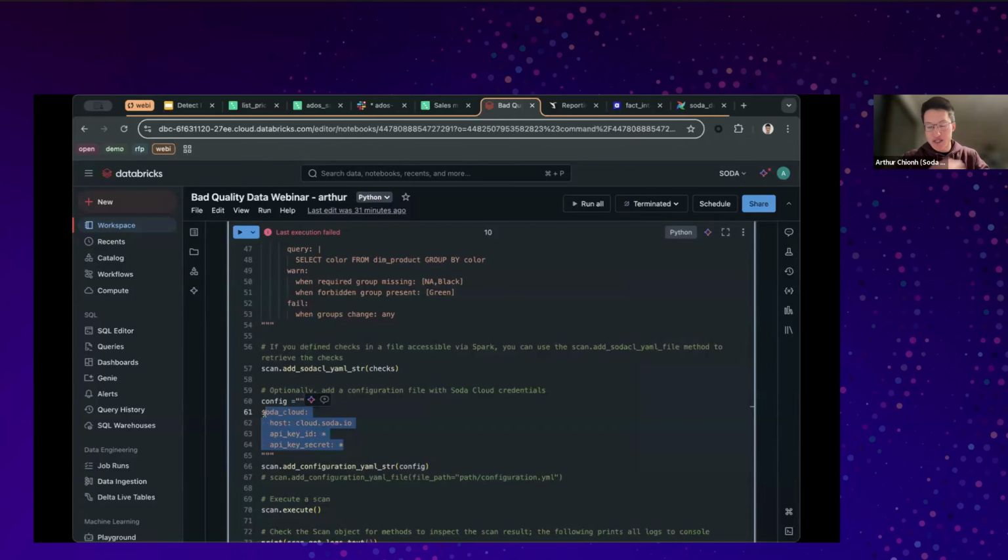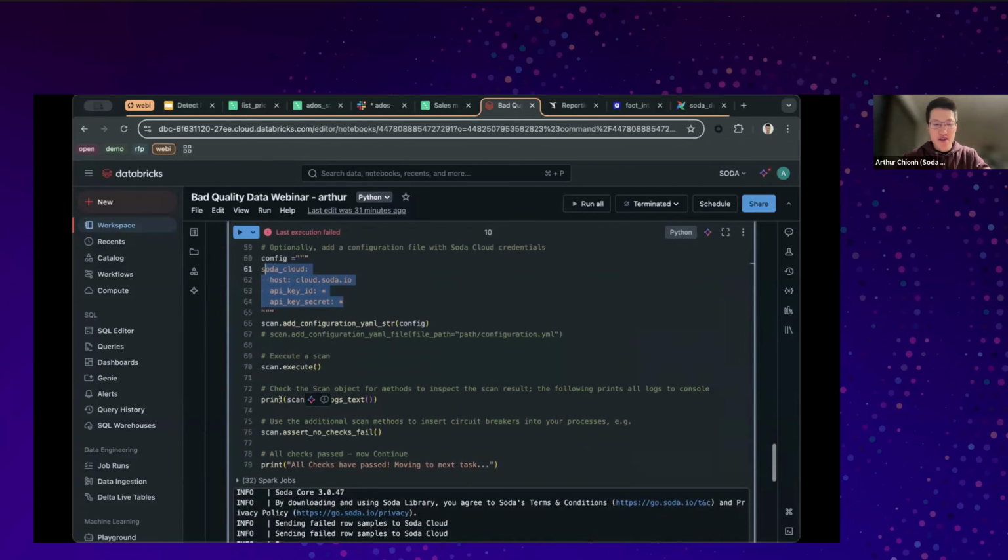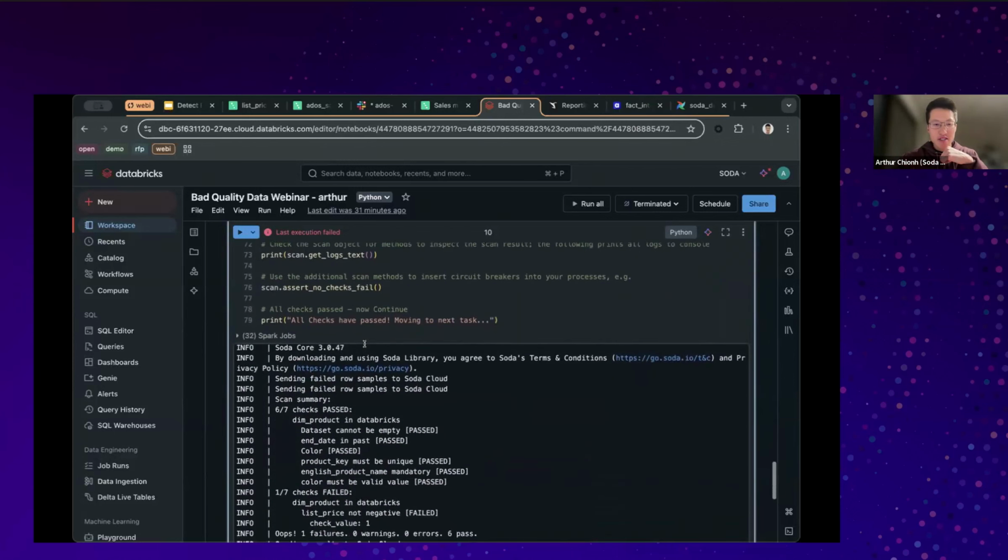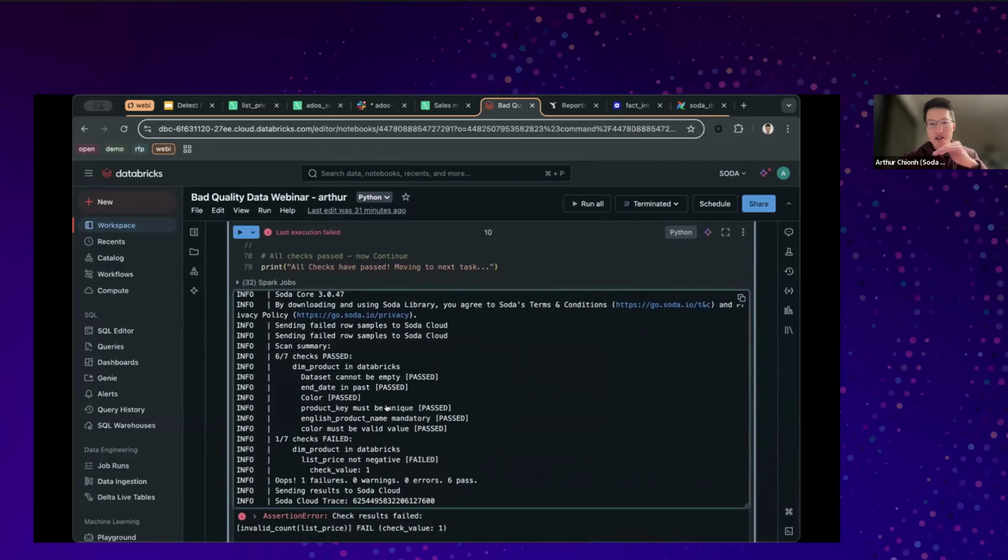So once you have your checks and your connection configurations ready, you can then simply run this execute, which is part of the SODA library. It will then execute all the checks that you have defined a few lines of code above. And then here you can see nice logs of exactly which checks have passed, which have given a warning, and